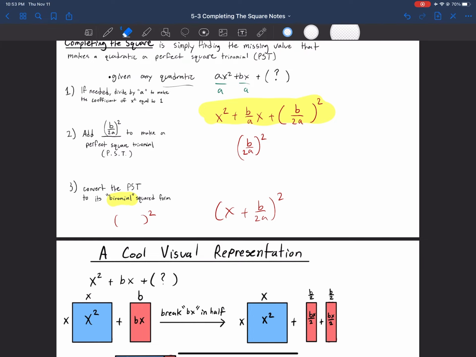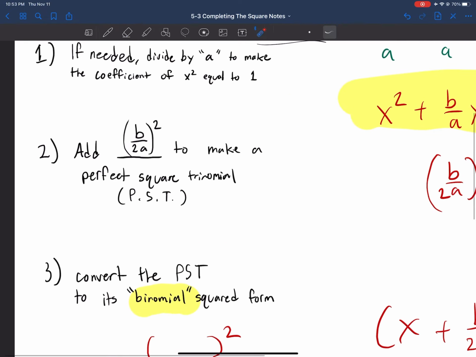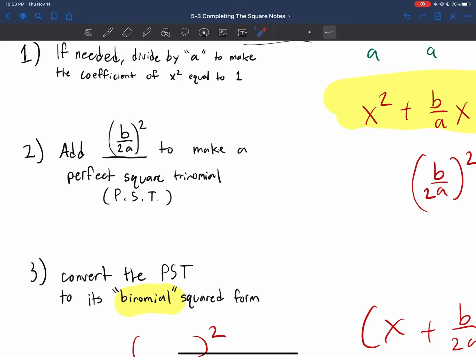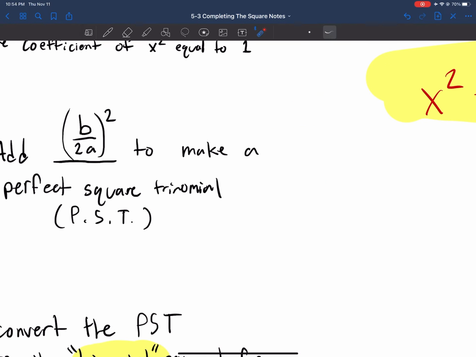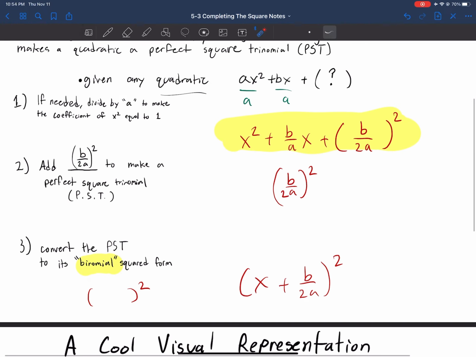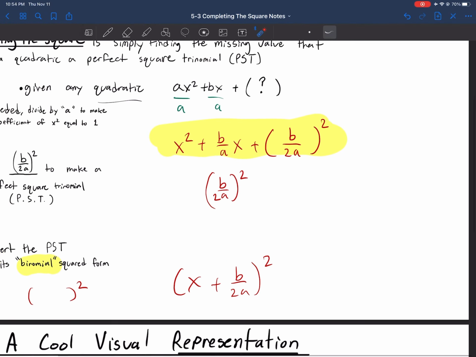So that's pretty abstract, but in essence, we need to know if you add b over 2a squared to any perfect square trinomial, you're good. And if you divide everything by a, if there is a coefficient a, then it makes your life easier because then we work with an a that's just 1. So a good example of this would be